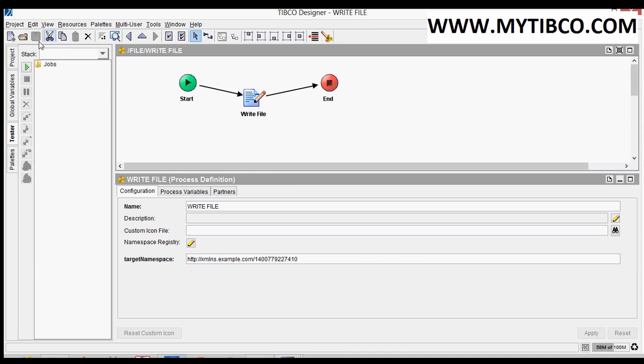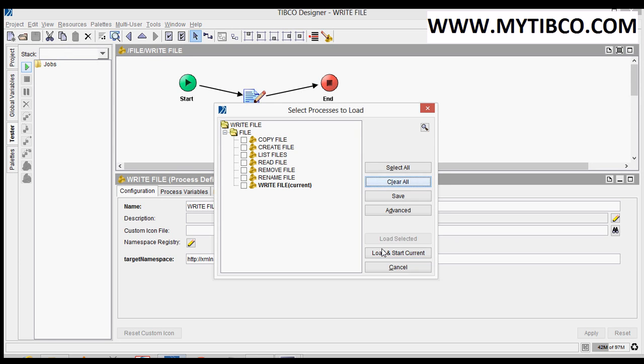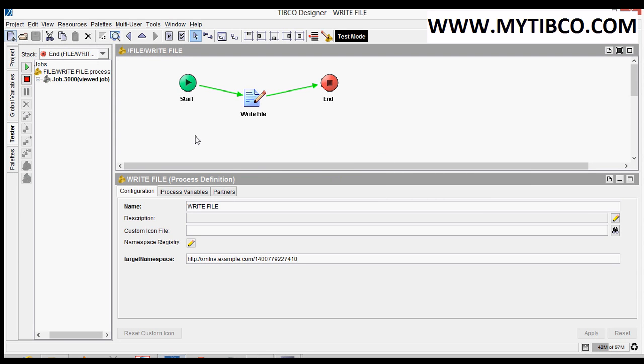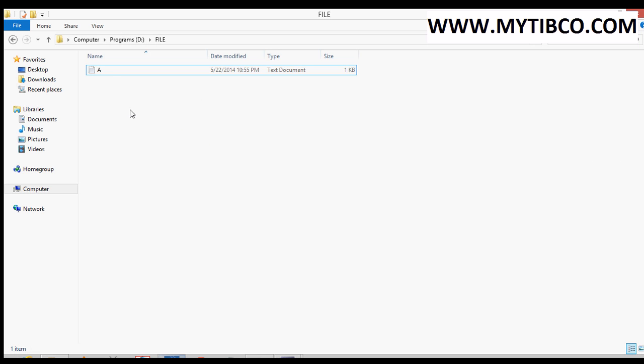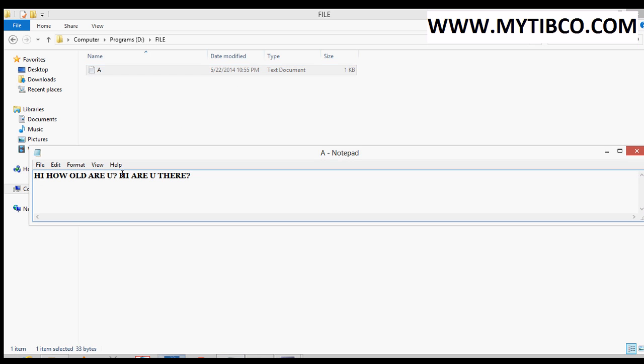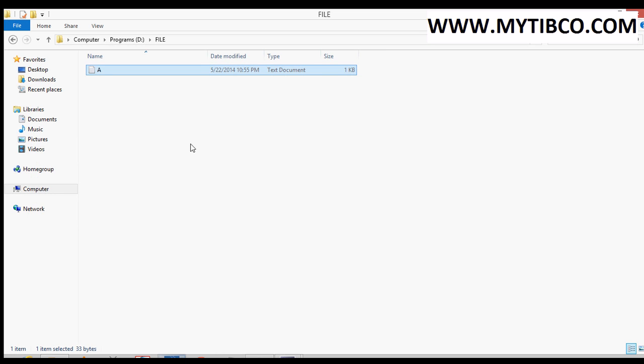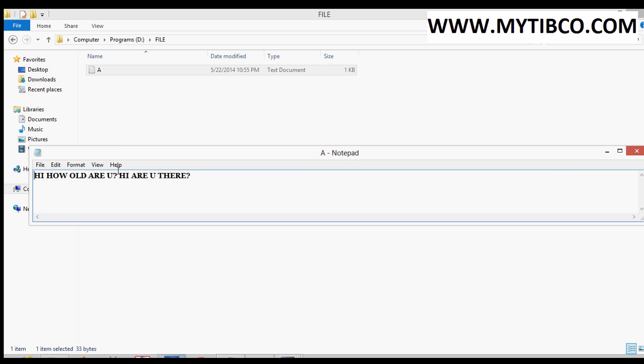Okay, save this project and run it. Now the job is created successfully and completed. Okay, let's see the data inside this file. See, now the how old are you is present, and hi are you there is also present. Okay, now we have written two lines in a single line. It means two sentences in a single line.